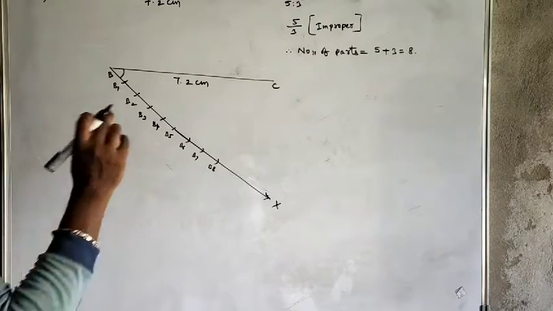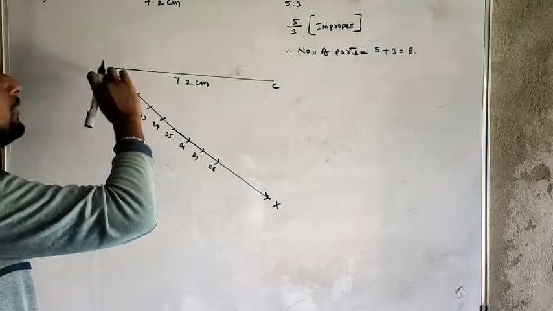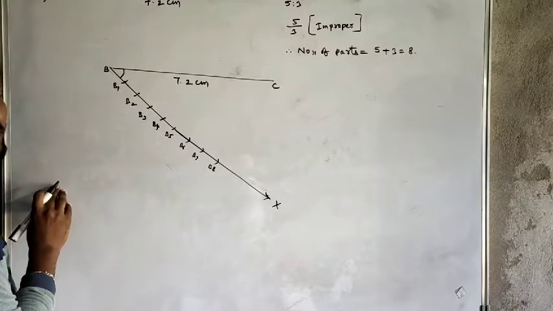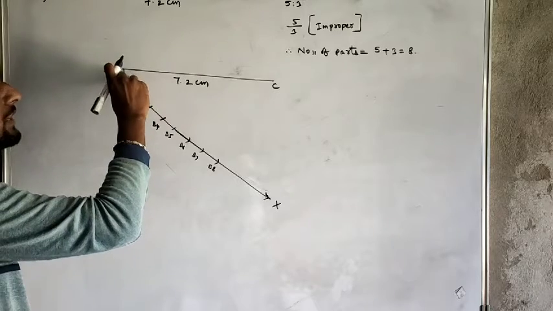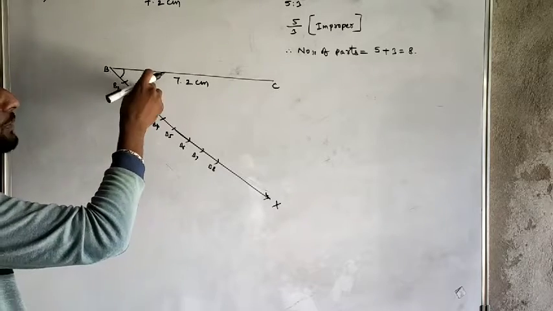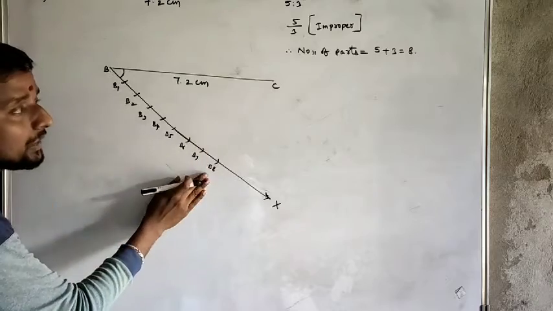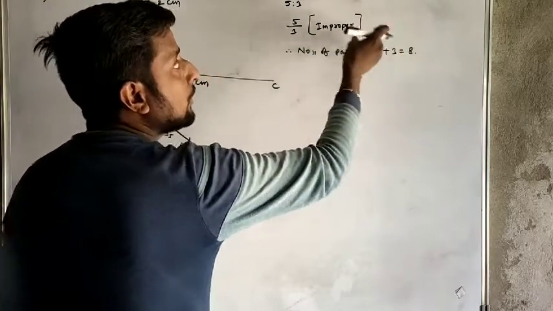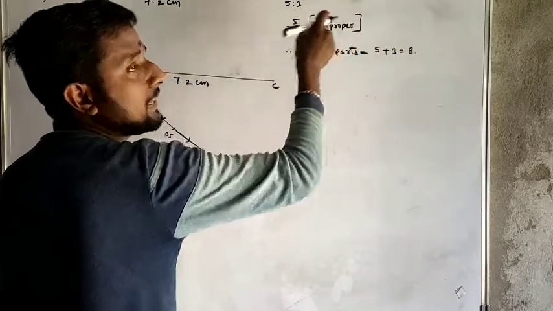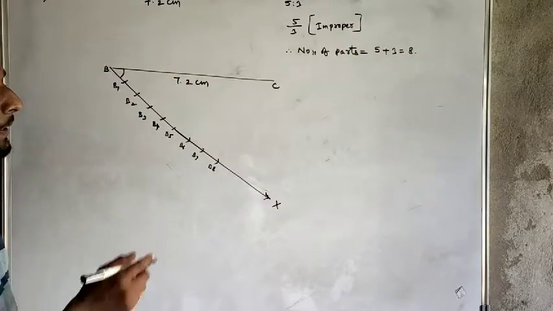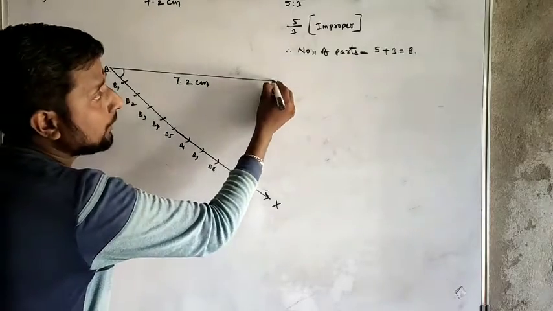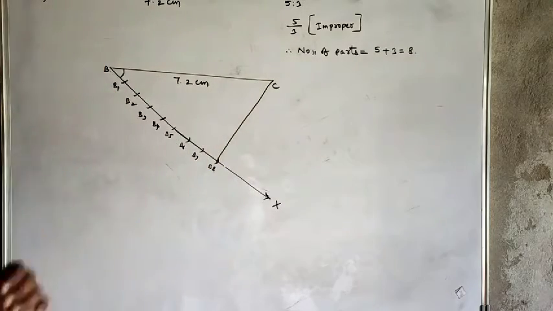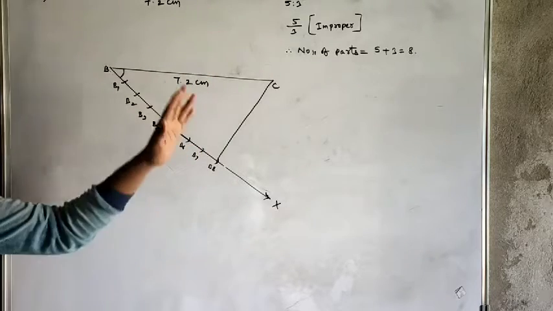What I have done here is, with B as the center and the compass, I took some radius as per your wish and made an arc. The first center I took as B, so I made the B1 arc. Next with the B1 center I made B2, with the B2 center B3. So I made a total of 8 parts because the number of parts is 8. Why should I take 8? Because the given ratio is an improper fraction. Now with the help of the scale, join B8 and C.